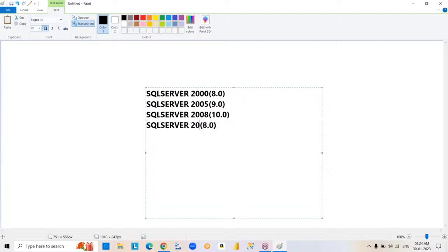After that 2012, 11.0, 2014 version we have 12.0,